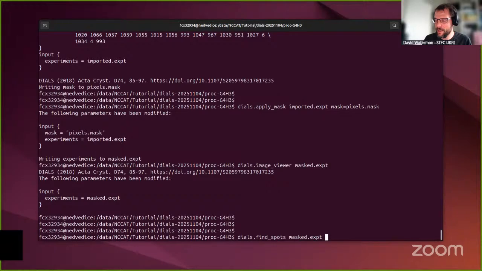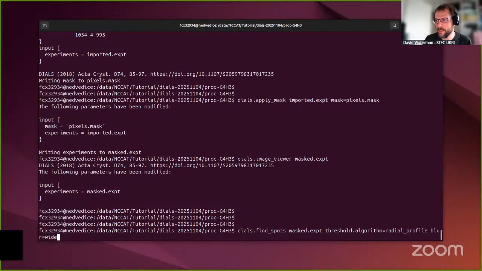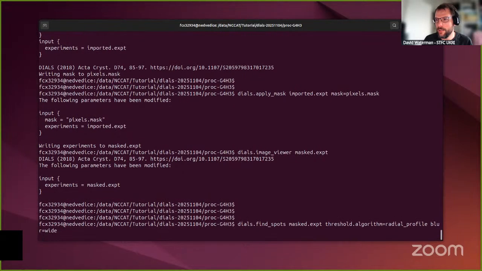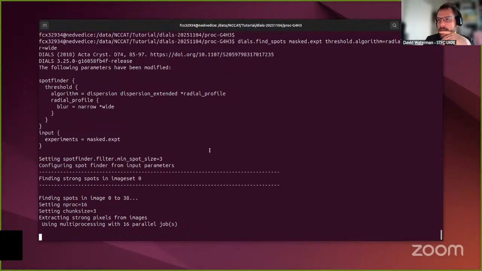I want to give it the masked.expt. Now I need to tell it I want that threshold algorithm equals radial_profile blur equals wide. That's all we wanted. I hit enter and it goes ahead,